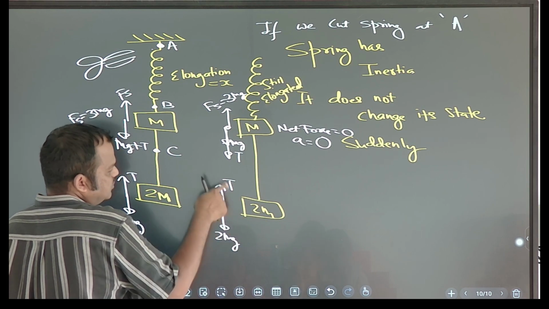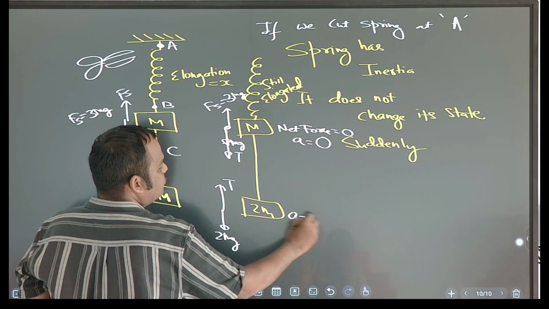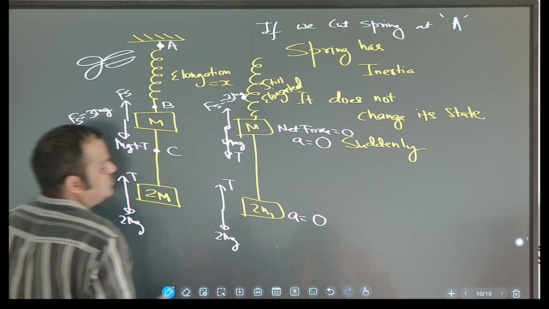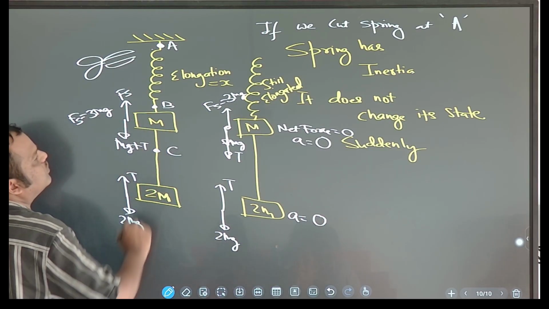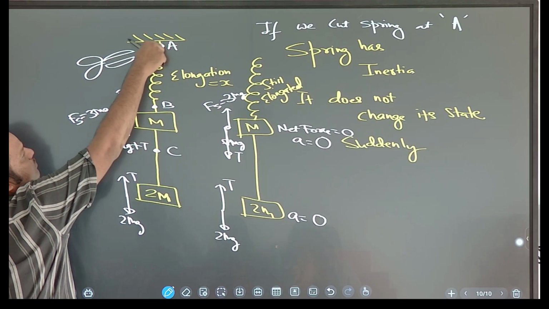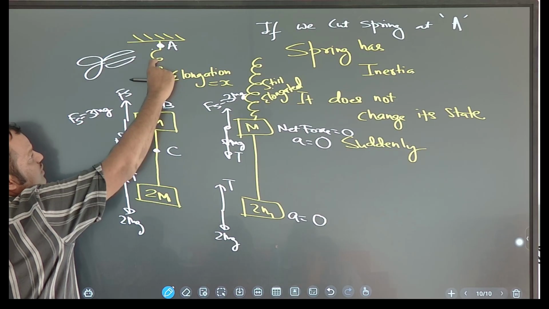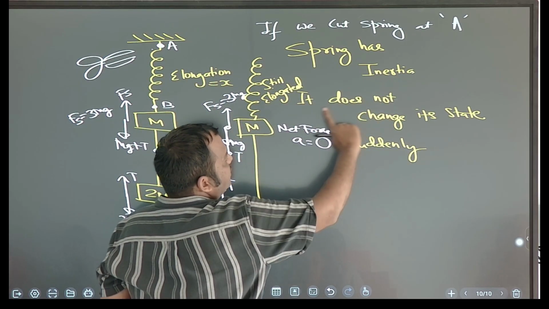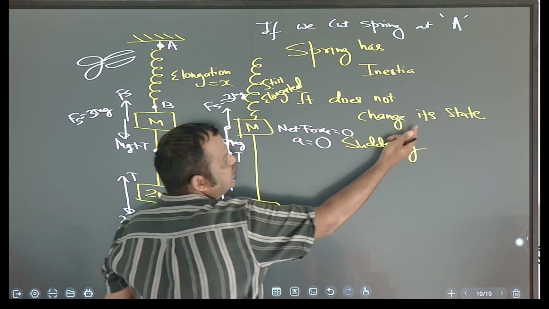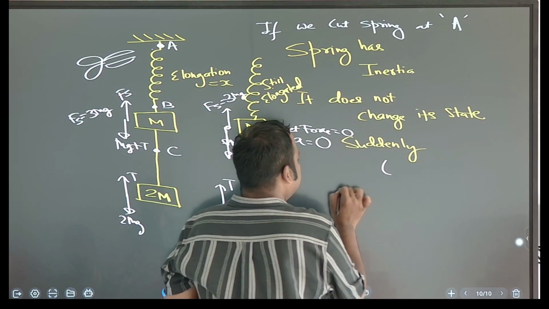2 mg. So this is balanced. So what is the acceleration of 2m? 0. Okay, so you are cutting the spring here. So spring has inertia, it does not change immediately or suddenly. Okay, so immediately after cut